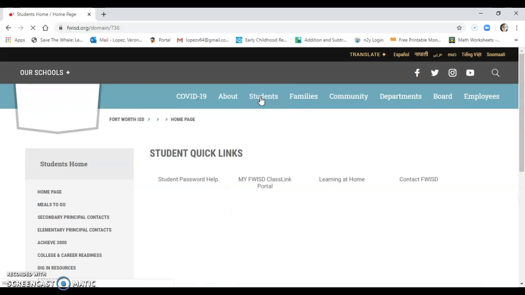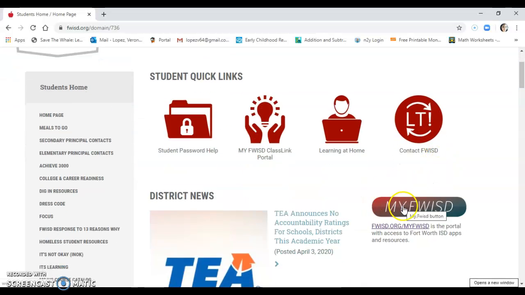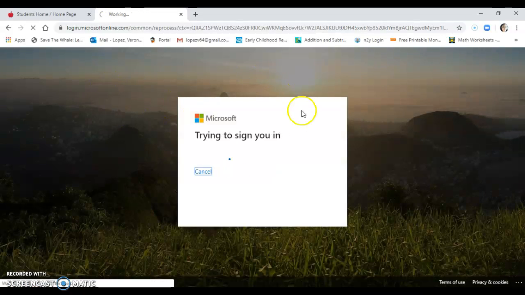You go to students. This is where we're going to be working from. Okay, so this is the student link. I want you to click My Fort Worth ISD, and then it should show you this. So my Fort Worth ISD portal, if you're logged into the Chromebook, then it would give you something like this. It says sign in with Microsoft. It is on my account right now, so you'll see that it'll go straight to my account,